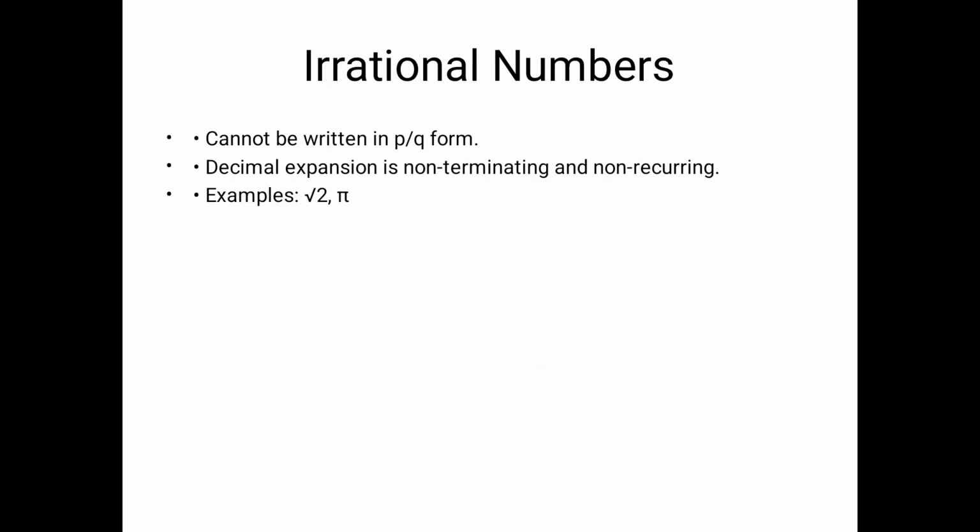Now comes the irrational numbers. All those numbers which can't be written in the form p by q are called irrational numbers. And how can we differentiate between rational numbers and irrational numbers? This question arises now. Here I have given an example of root 2 and pi. These are irrational numbers. How can I say a number is a rational or irrational number? Let us see. We have one method, that is